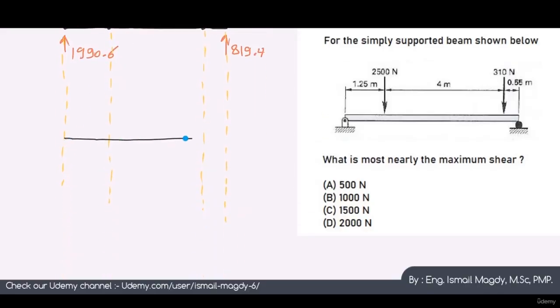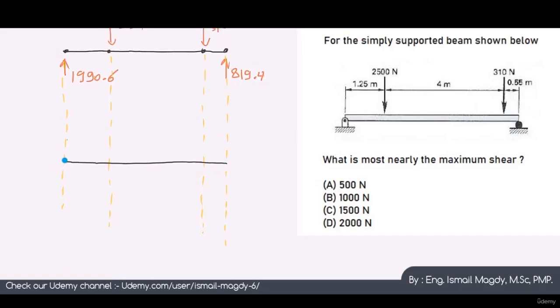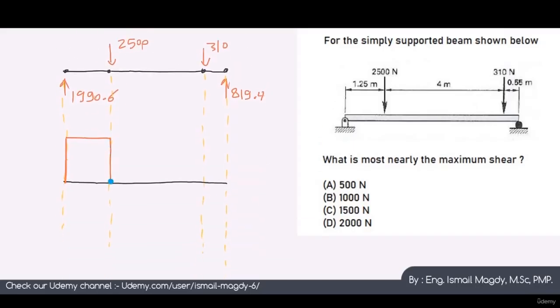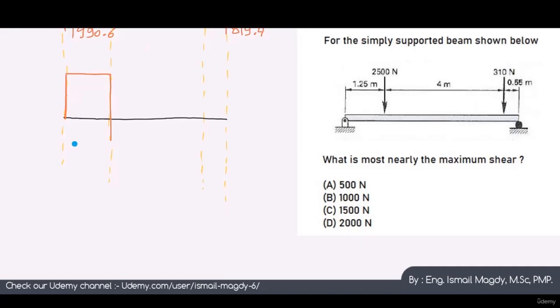This is our beam. We will start from this point here. We have the value of 1990.6 force going upward from the left side. So this is positive shear going upward in this direction. We will keep going horizontally till we face this force of 2500. It is going downward. So from here we will start going downward till we reach